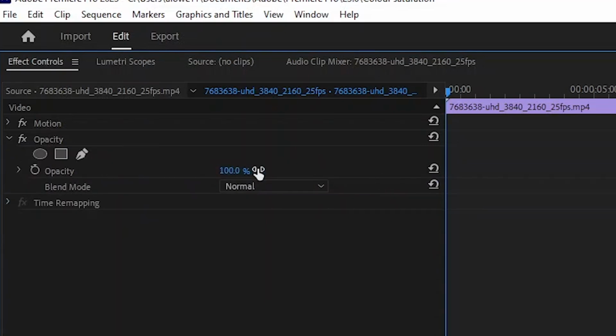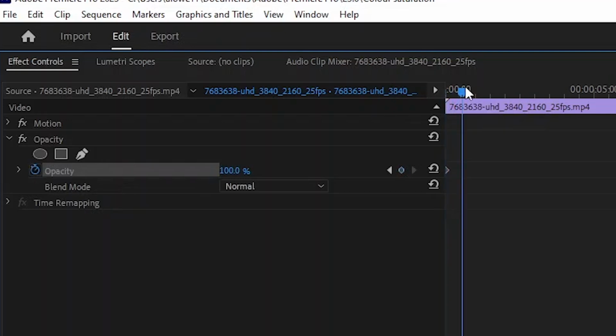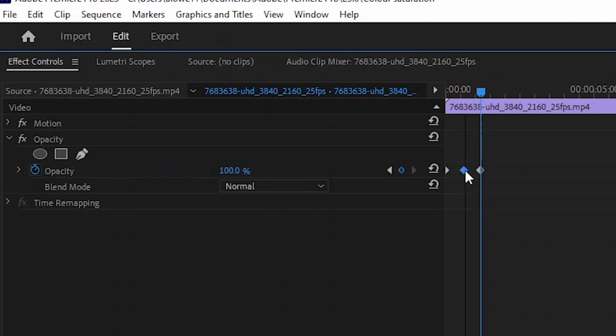This will bring up a percentage and the option to create keyframes. To create a keyframe, you want to click the little stopwatch icon. Adjust the percentage of opacity to alter the visibility of the image. On the smaller timeline, move the blue line along a little. Then add another keyframe. But this time you need to click the little icon to the right of the opacity